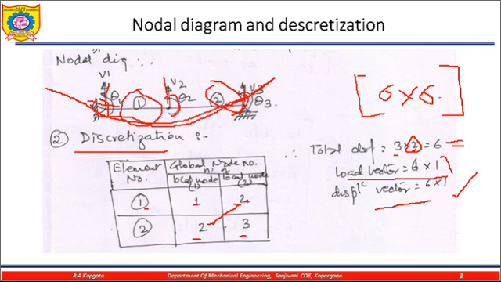So K1 is equal to EI upon L1 cube into this matrix. When E and I are given, and L1 is 2, so 2 cube, then the formula gives 12, 6 L1, and so on. The length is given as 2, so multiplying by 2 we get the stiffness matrix for the element. So this is my local, or element, stiffness matrix for element 1.